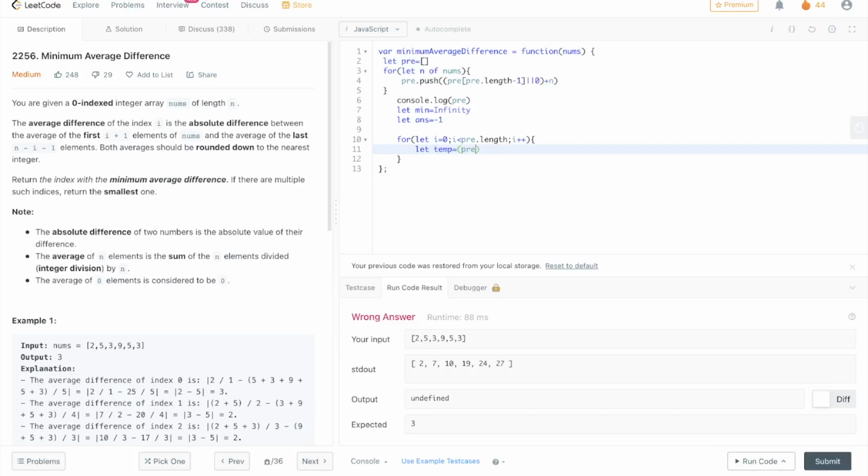So we need to take pre[i] divided by i plus 1. Super simple. For example, if we were to take the average of the first two elements, we take the prefix on those two, which in this case is 7, and the index here is 1, but we do have two elements, so that's where we have i plus 1. But remember,